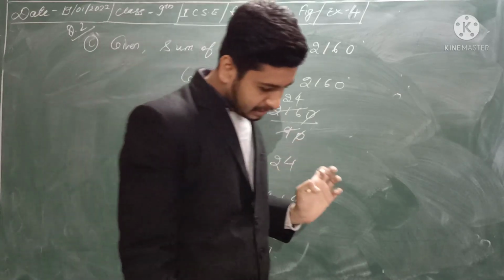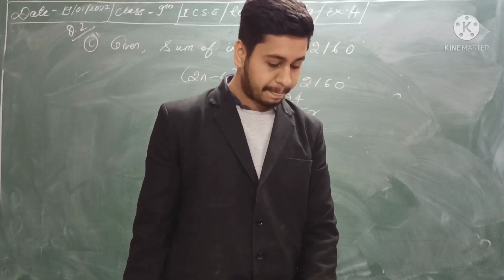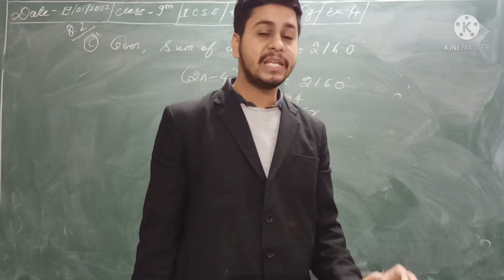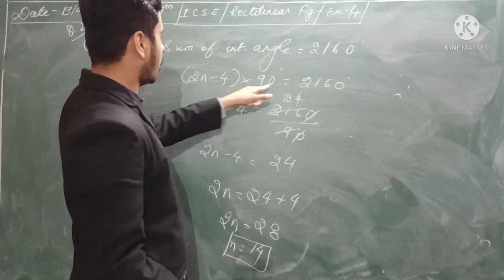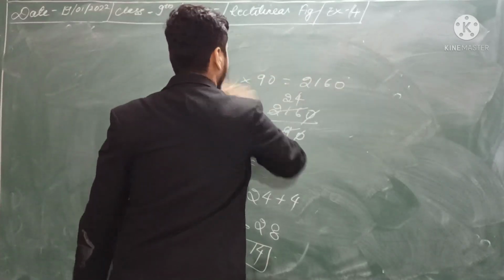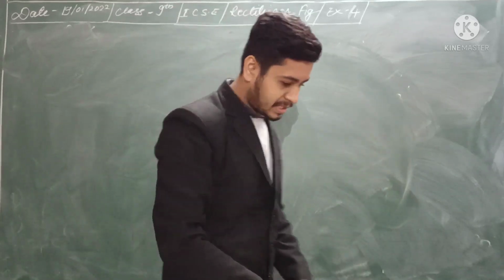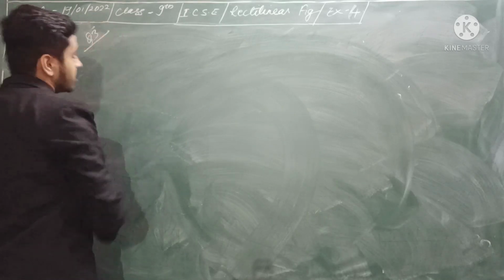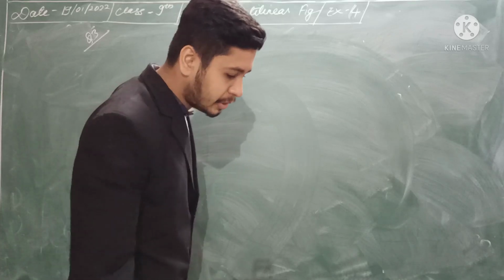Then come to question number 3, that is, find the measure of each interior angle of a polygon in which the number of sides is given. Now you are given the number of sides and you have to find each interior angle. What is the formula for each interior angle? From this whole, we have to divide by n. So I am showing you one solution here. I believe that these are basic questions which should be done by the student. That is why I am keeping these questions for you. There is no rocket science in this question. You can easily do it.